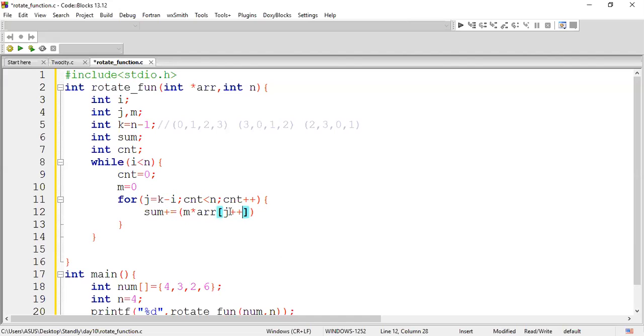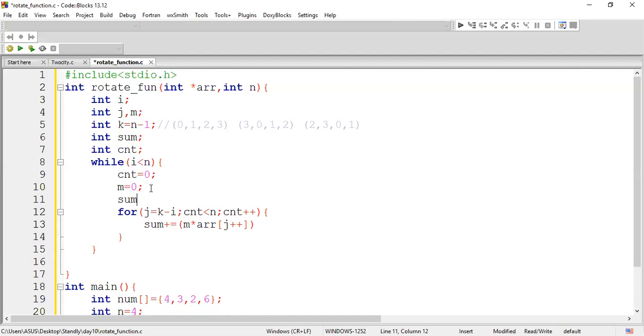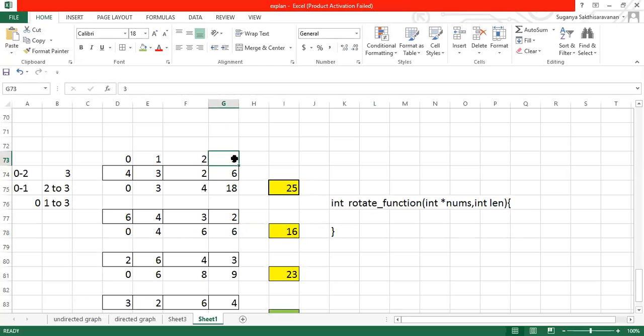So let me mention post increment here, which is after this operation, I'm going to increment it. So sum also has to be reset for each and every row calculation. Followed by it, one more important step we should be concerned about. What is that? I'll let you know. Listen carefully, guys. Here, as I stated, I'm taking this third value.